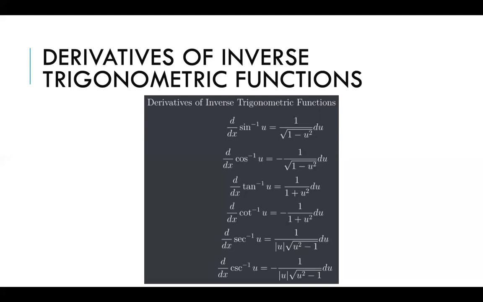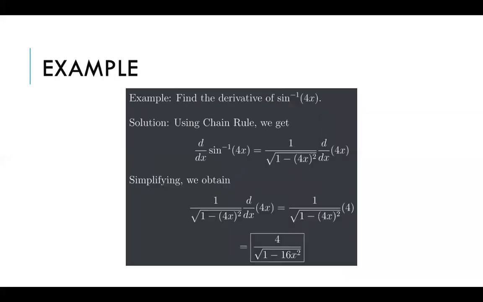And it's negative respectively. So let's have some examples. First, find the derivative of arc sine 4x. Using chain rule, we get the derivative of arc sine 4x with respect to x is equal to 1 over square root of quantity 1 minus quantity 4x squared multiplied by the first derivative of